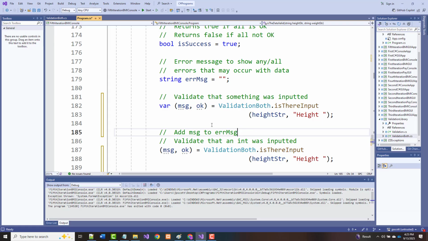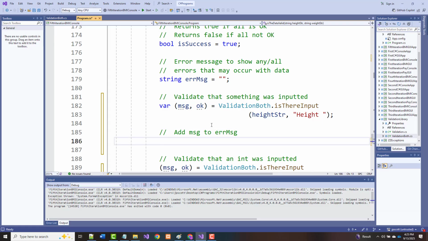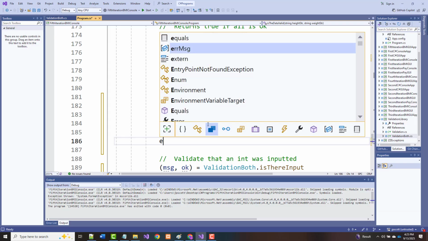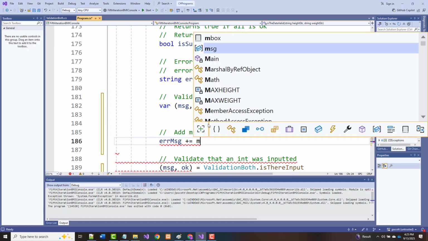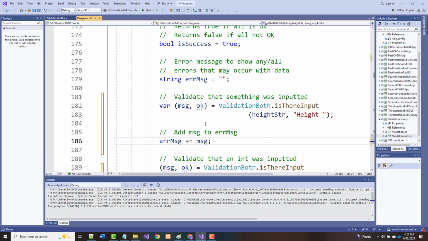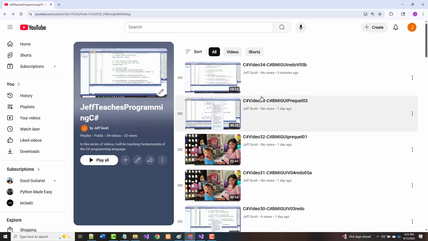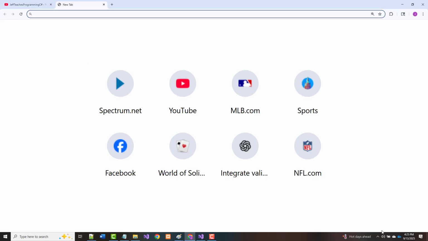Well, let's just do this. So the first thing I want to do is say error message plus equal message, because again, that'll take any error that I had and add it to it. All right. The next thing I want to do, and again, I don't think I'm stellar at a lot of these explanations, so